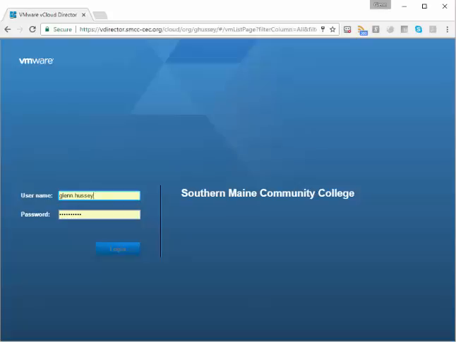Once you thump that into the address bar of your favorite web browser, Chrome or Firefox, you should see this, the vDirector login screen. Again, this is not available on the wild internet. This is internal, right? VPN or within the CSEC itself. You need to put in your username and password. Now, this is your CSEC username and password, not your SMCC username and password. Your username will be first name dot last name. In my case, Glenn.Hussey. And then your password. Hit login, and assuming everything